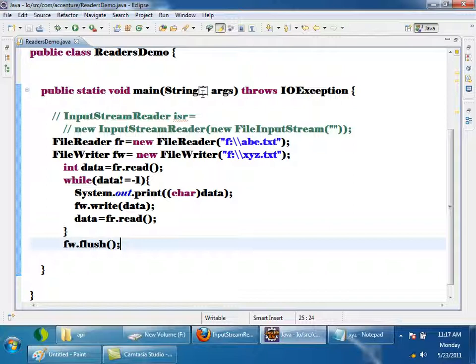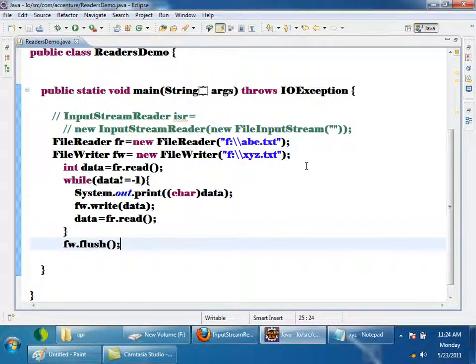So what was there in input streams? BufferedInputStream. Here also I am giving you a hint. There is something called BufferedReader. Now modify the same program to use BufferedReader. Everything is similar to what you have done in BufferedInputStream. Modify the same program to use BufferedReader and read from that file or write to that file. You only do it.